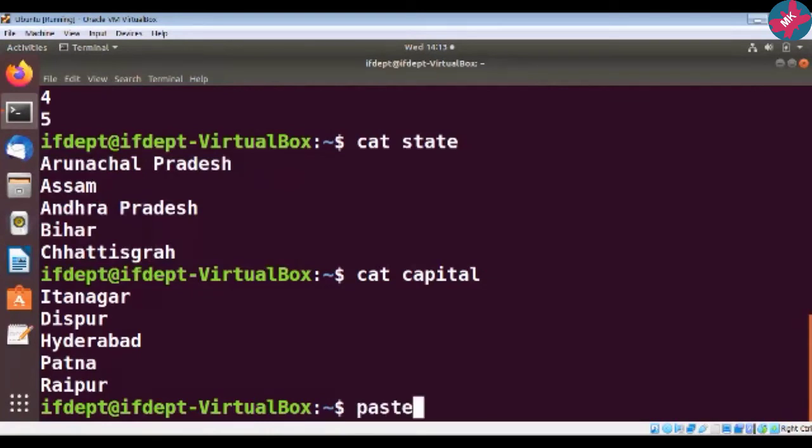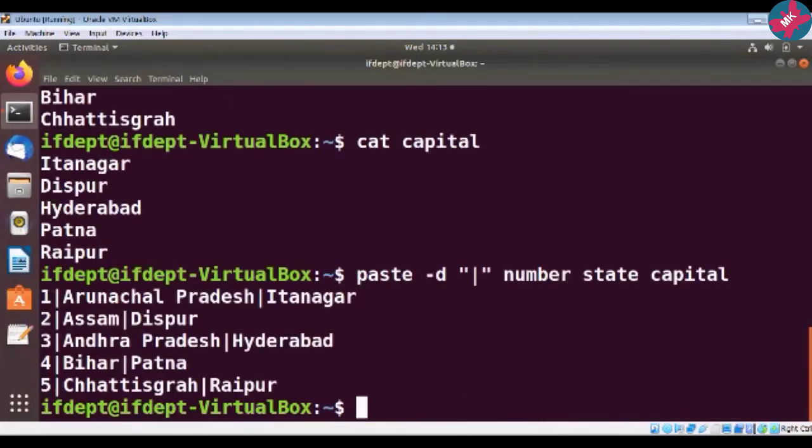So what I will do is paste -d. Now suppose I want to join them using this particular pipe symbol, and then I will put here the names of my files: number, state and capital. Now observe its output.